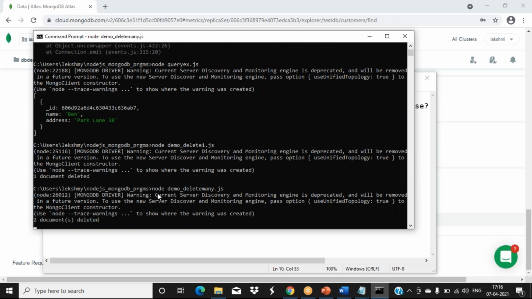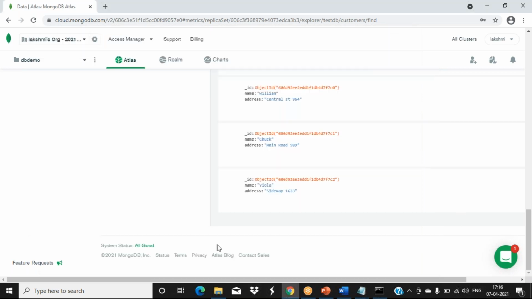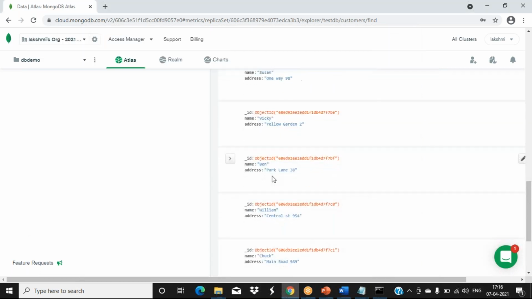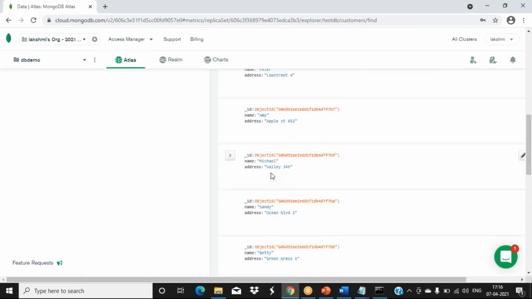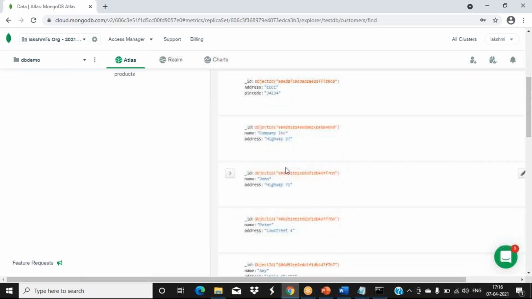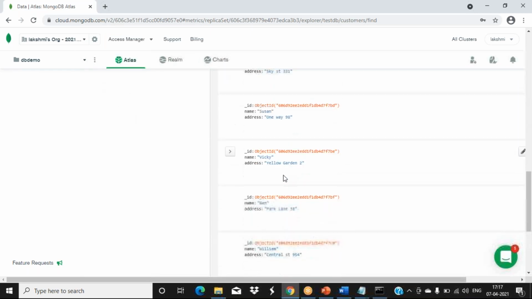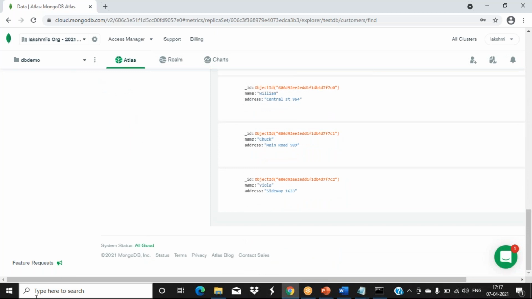It is showing two documents. Here also we have seen that only two documents have that starting letter O. Now that value is not there because those documents got deleted. So that is delete many.